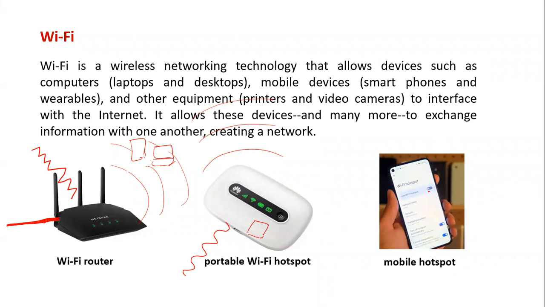Again, in our mobile phones also we have Wi-Fi hotspot. Here also it is similar. The 4G connection is there in our mobile phone. Through the 4G connection, we will have an internet connection through our SIM card. And then using the Wi-Fi adapter in the mobile phone, it will generate a Wi-Fi network. So another laptop or any other portable device can connect to this Wi-Fi network and access internet through our mobile phone. However, children, to access internet through a Wi-Fi network, the Wi-Fi router